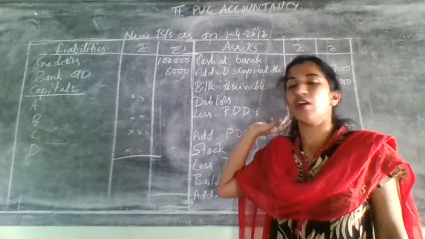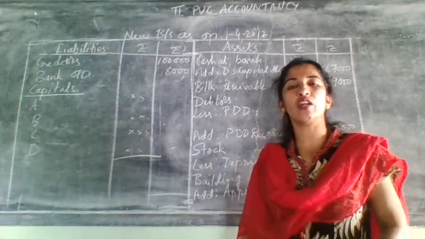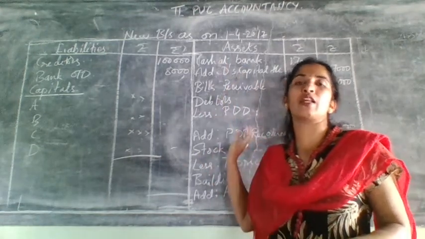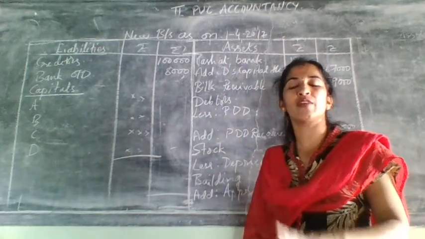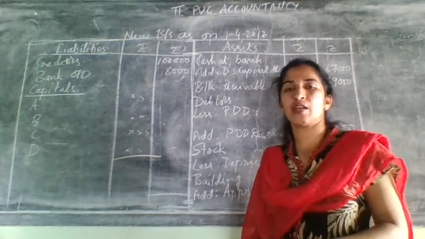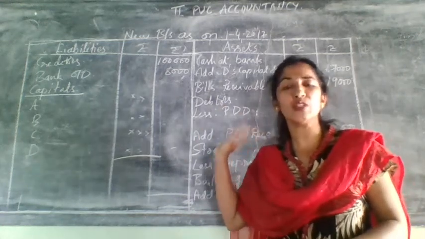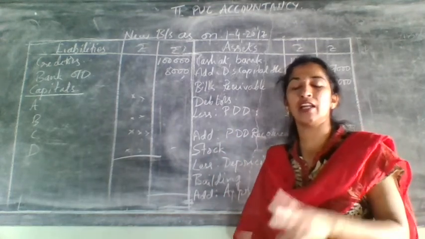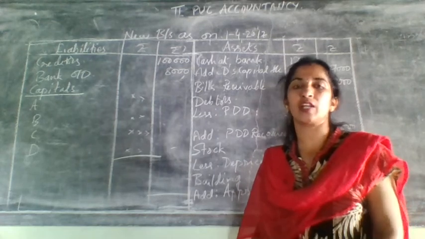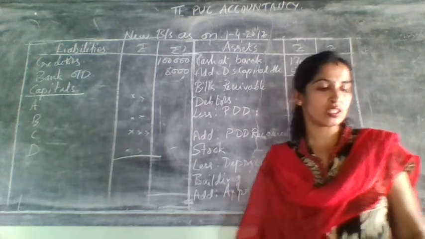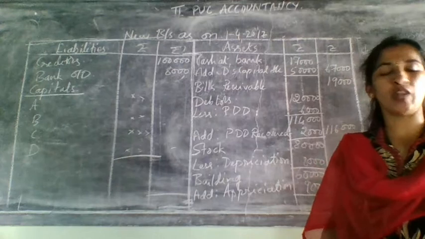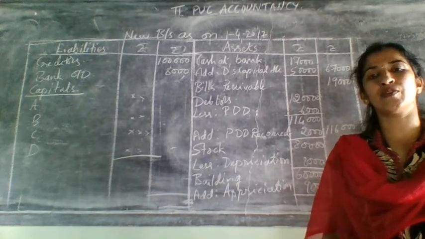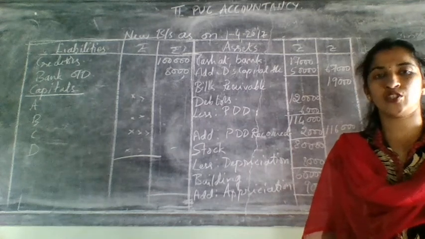That's why, whether you get the answer or not, try all the problems from the first step to the last step. All the 3 steps you need to do and send me. If it is not tallied, then I'll correct it, I'll tell you where you went wrong and you can correct it later. So this is related to partners capital. The last topic is remaining here. After that we will complete this chapter and move on to the next chapter.